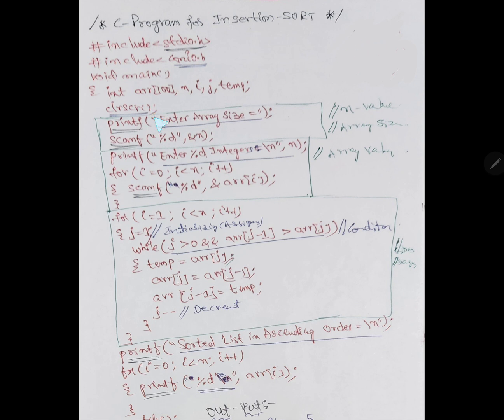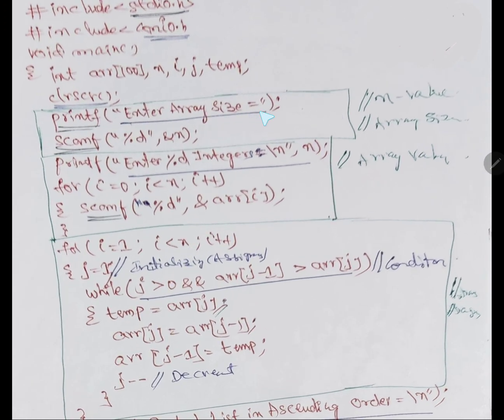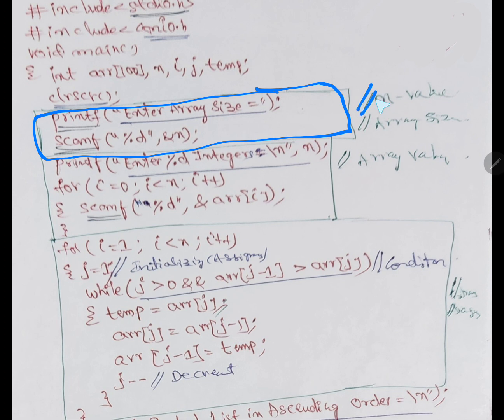Here the previous values will be cleared. Printf, enter the array size. First we need to enter array size, that will be stored in scanf %d, ampersand n. So this green color box I made with this green color box. This will be stored here. Comments, single line comments: n is the value or size of the array. So very simple. Similarly, next to this part